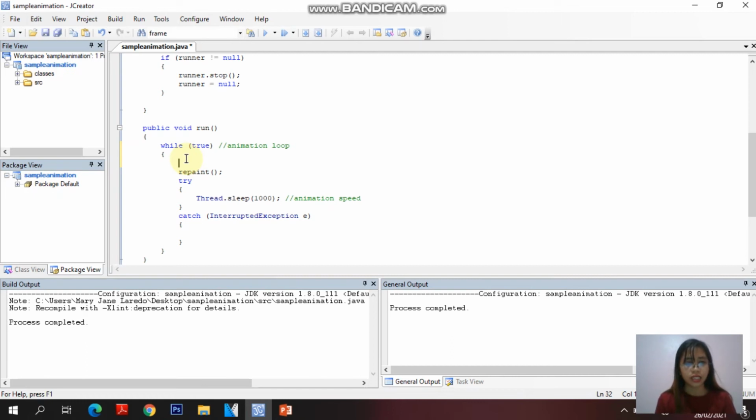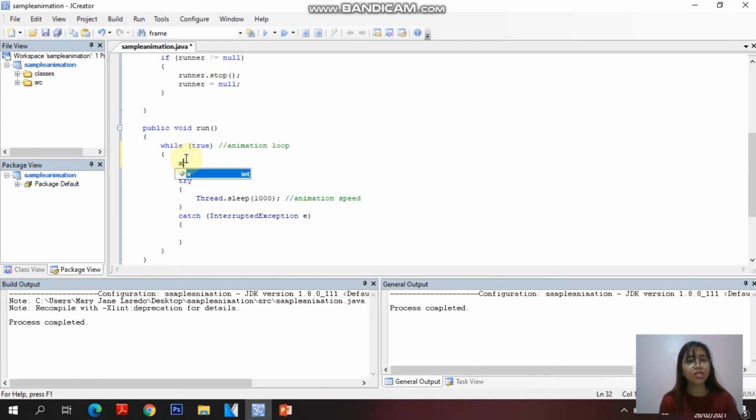Okay? So, if we recall the function of incrementation, it is adding the value by 1. So, nagdadagdag siya ng isa dun sa value. If x is 30, it will be 31 on the next call or the next display of output. But since this is inside the animation loop, every time na magre-repeat, cx that has the value of 30 ay mag-add ng 1, which is 31. On the next repaint, nagiging 32 na siya. On the next repaint, nagiging 33, and so on. Okay, so let's see kung ano yung magiging effect niya if I try to add